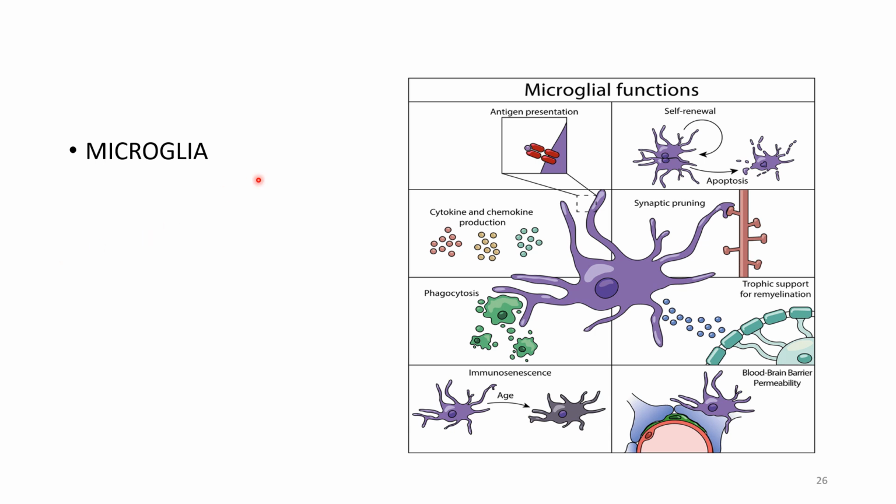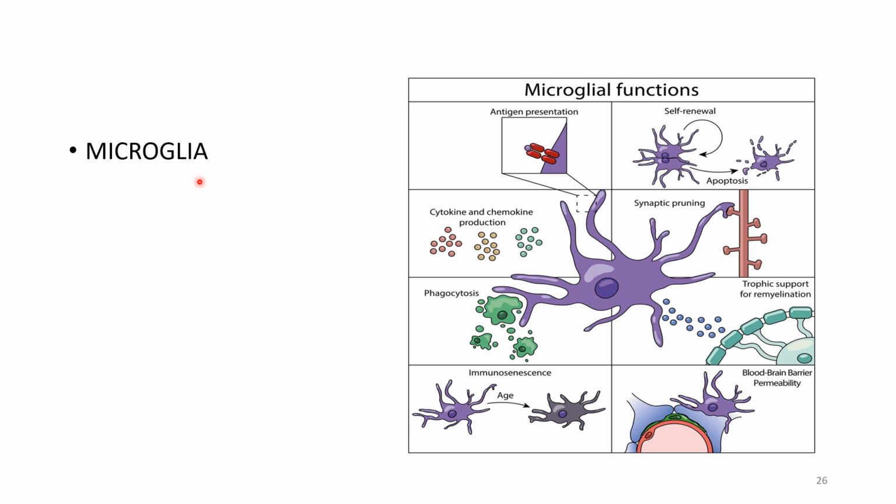The microglia are mesodermal in origin and are formed from monocytes present in the brain. Some monocytes settle in the brain and form microglia. These are the smallest neuroglial cells, with flattened cell bodies and short processes,